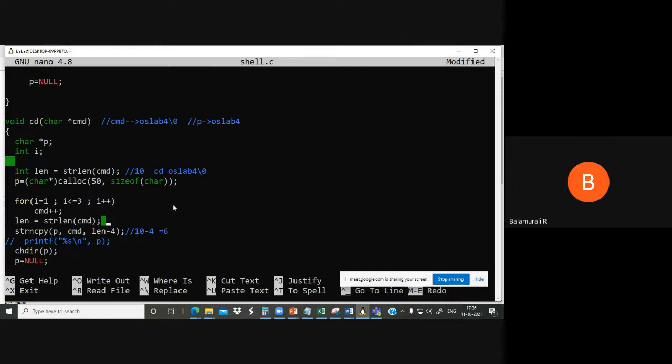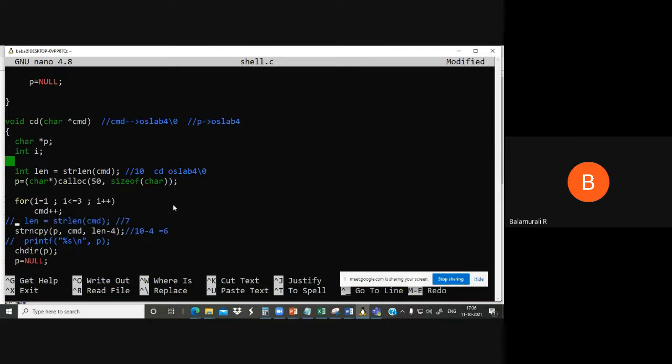Then at this point, its length will be only 7, since the first 3 characters are already removed. And you can clearly see that there is only one extra character, the null character. That is the only thing we want to avoid. So we can write length minus 1. Are you getting it? The concept is the same.